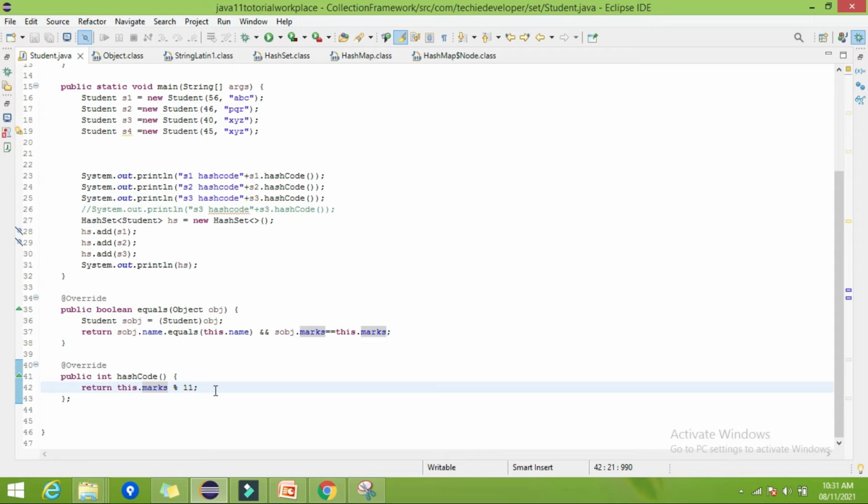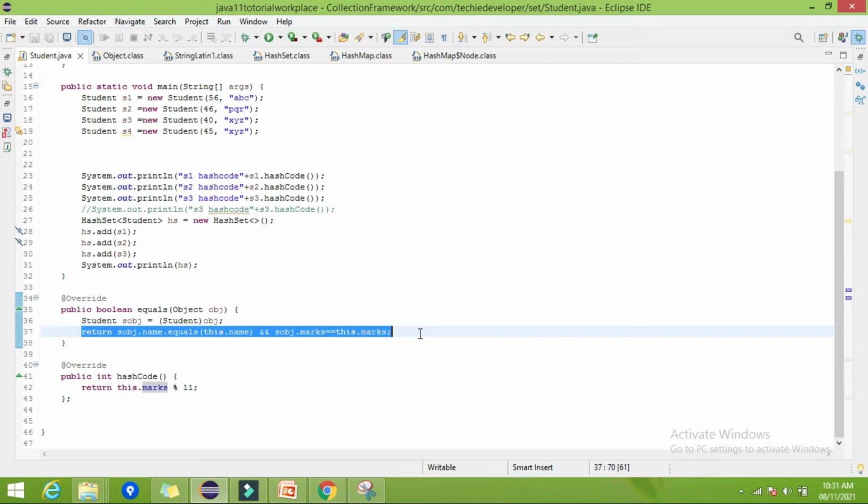If you have not seen the last two videos, I recommend you go through them. It will help to understand this. Here in the equals method I have written the logic to check the equality between two students: if they have the same marks and the same name, then only the students are equal.